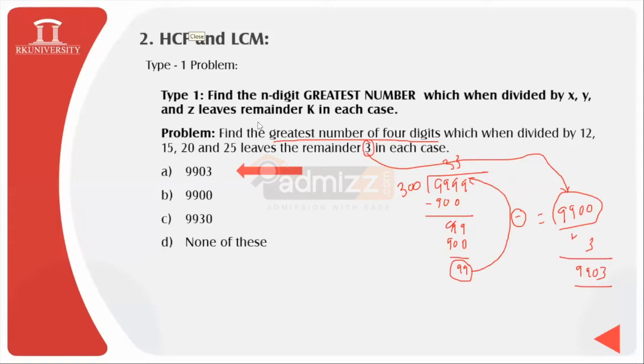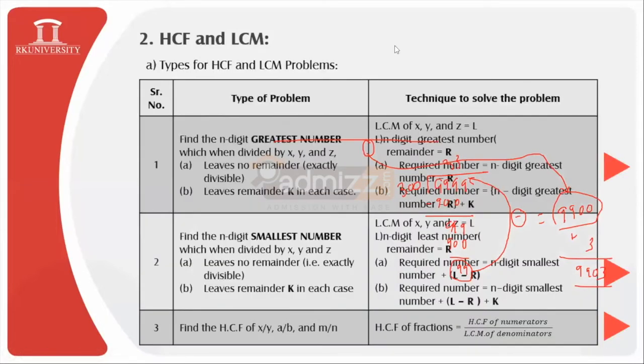So now moving on to the next question for the simplification part. Let me redirect to the given slide. I need to clear these annotations to avoid any interruption in our explanation. So students, the next question will be of this type, type number 2: find the n digit smallest number. Now just observe the change between type number 1 and type number 2. In type number 1 we studied the greatest number part. In type number 2 we will be studying the smallest number. This is the change we are observing right at this moment.